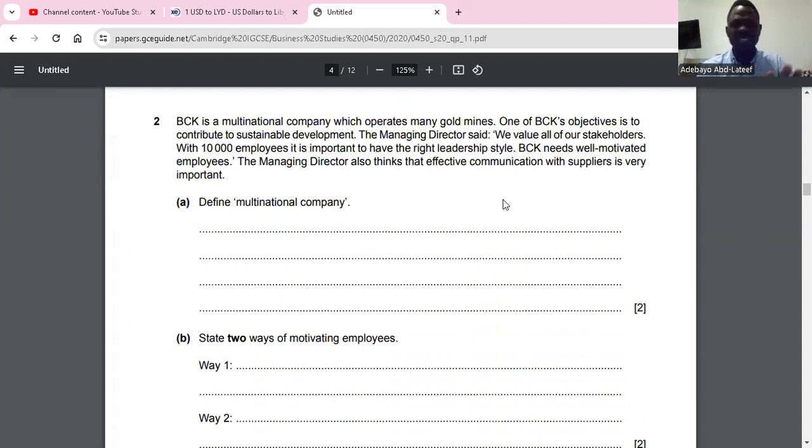BCK is a multinational. The case study is there for people to read. The first question says define multinational company. A multinational company is a company which has different branches or different operations in more than one country. That makes you a multinational. And sometimes, most of the time,